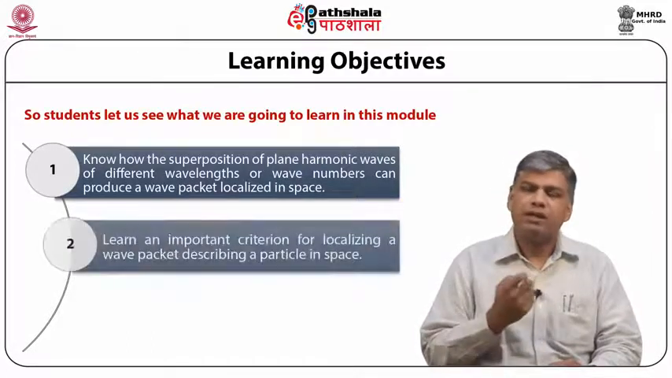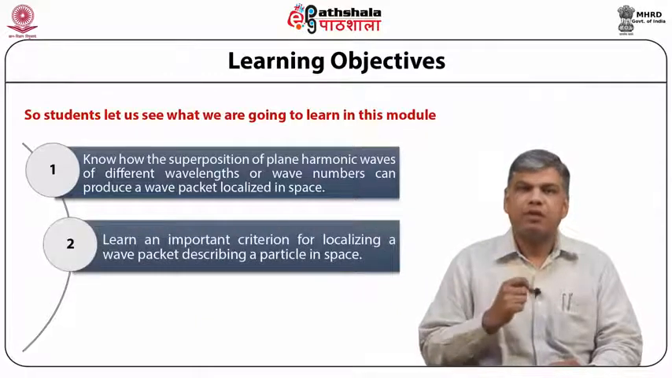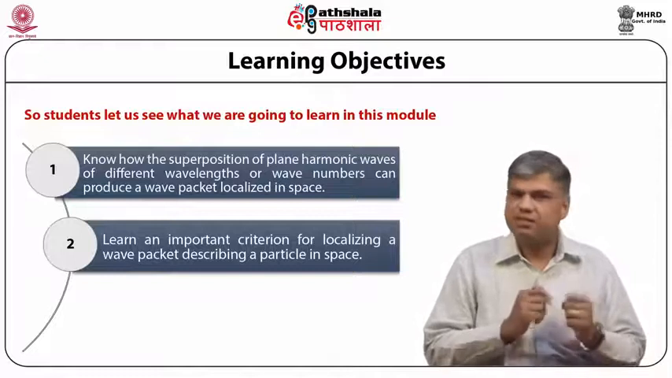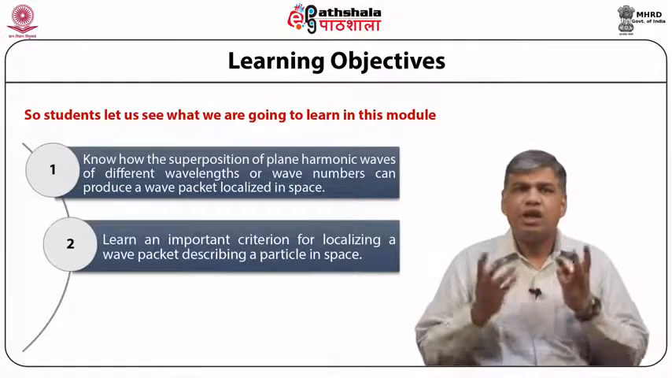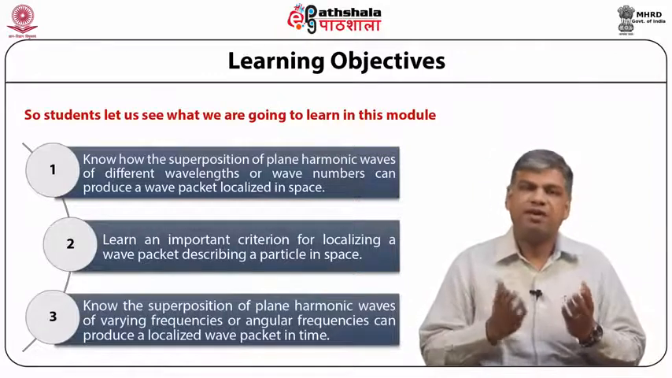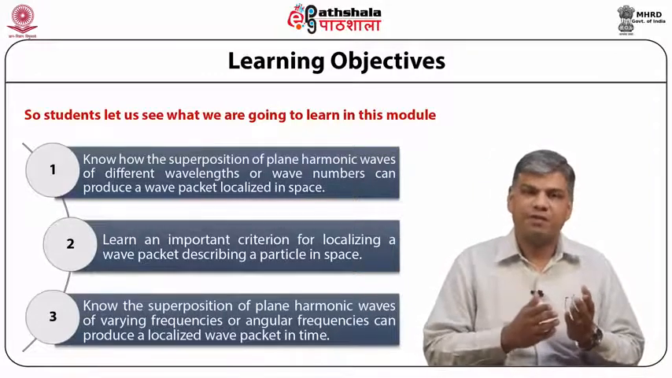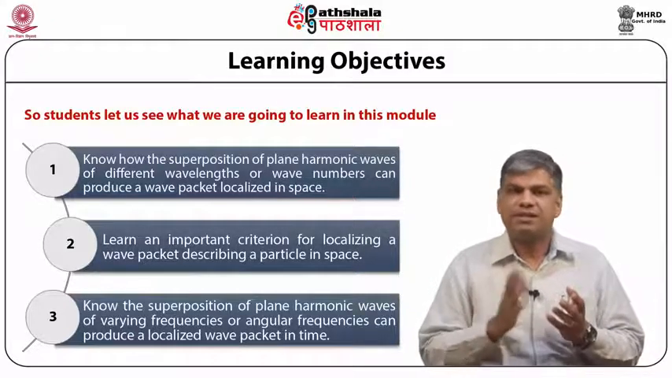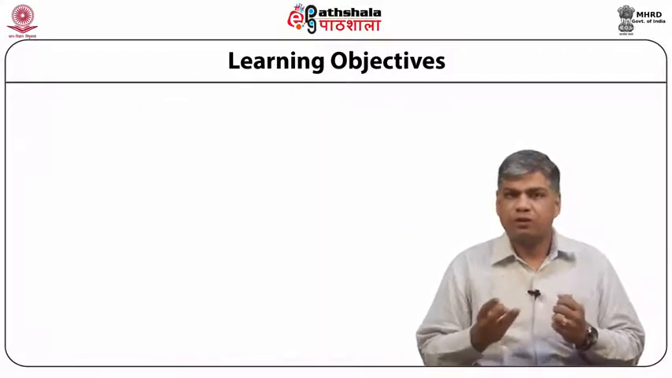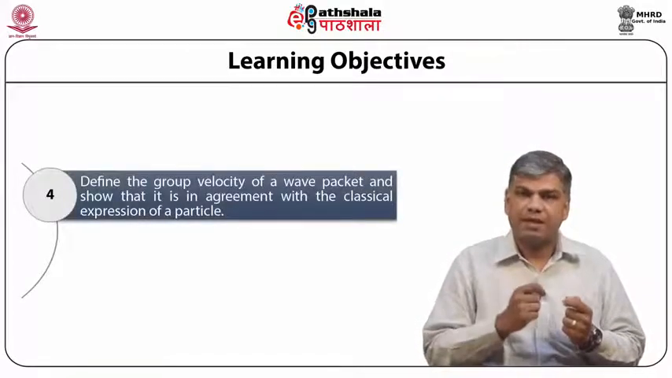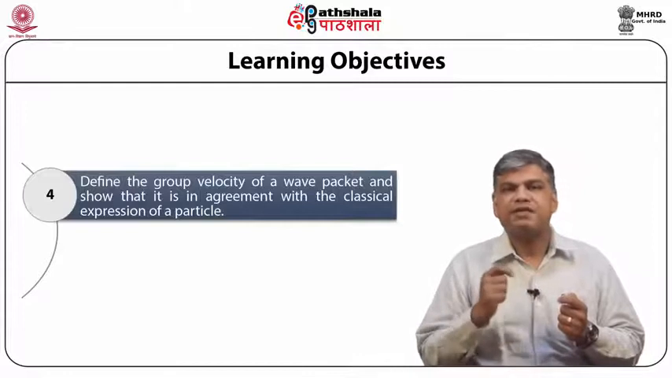Then, we'll learn an important criterion for localizing a wave packet describing a particle in space. Thirdly, we'll know how the superposition of harmonic waves of varying frequencies or angular frequencies can produce a localized wave packet in time. Fourthly, we define the group velocity of a wave packet and show that it is in agreement with